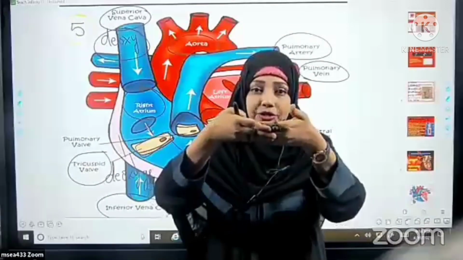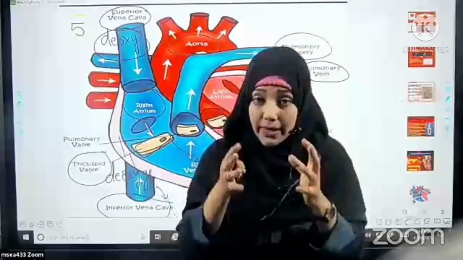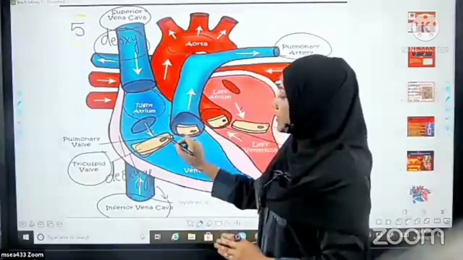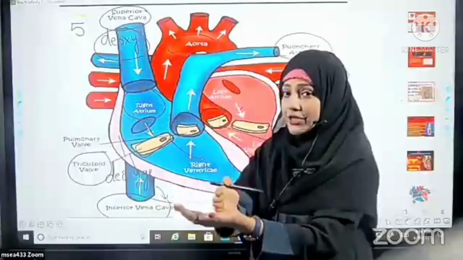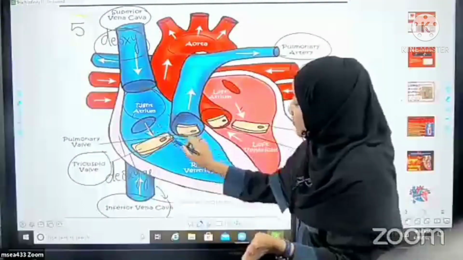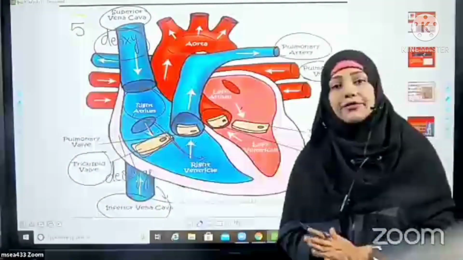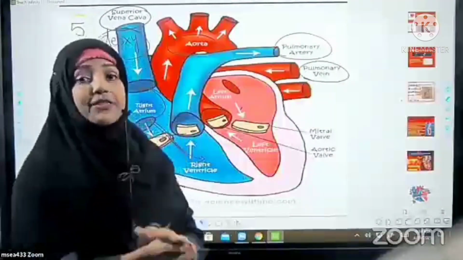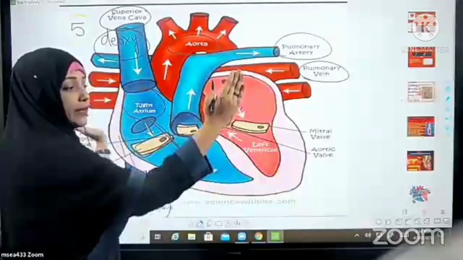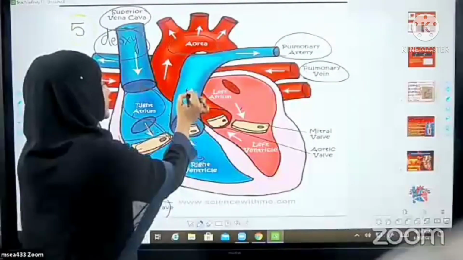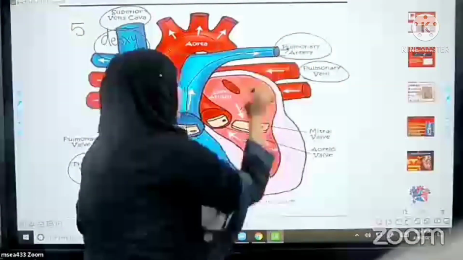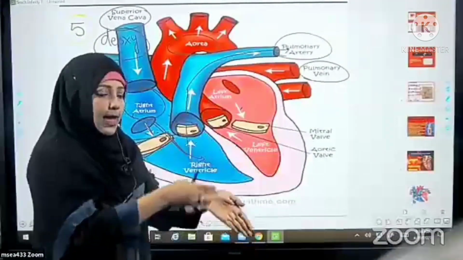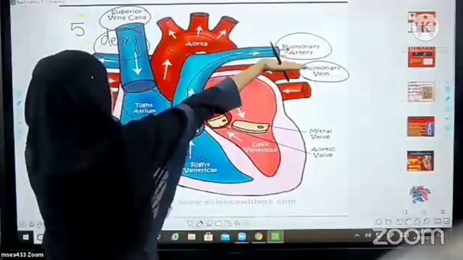So valves are flap-like structures that open and close when blood is getting filled in the heart. Once the blood is filled, the tricuspid valve gets the pressure and opens, and the blood from the right atrium goes into the right ventricle. Now the right ventricle is filled with deoxygenated blood. Again the right ventricle contracts and sends the blood into the pulmonary artery. You can see one valve here. This valve also will be closed, but it opens and the blood rushes into the pulmonary artery.